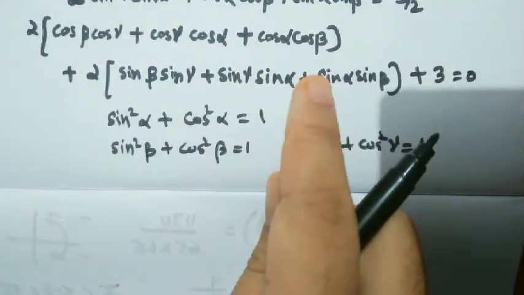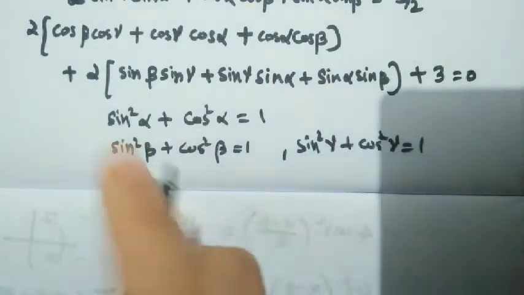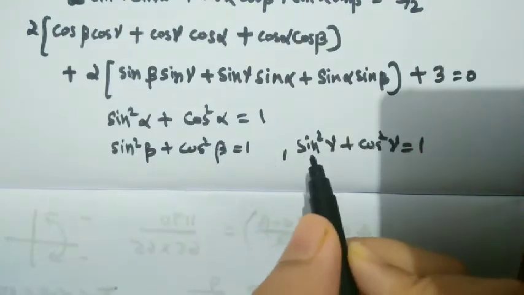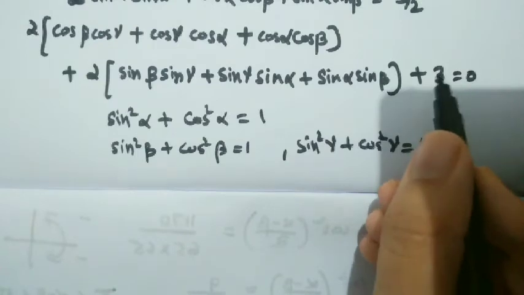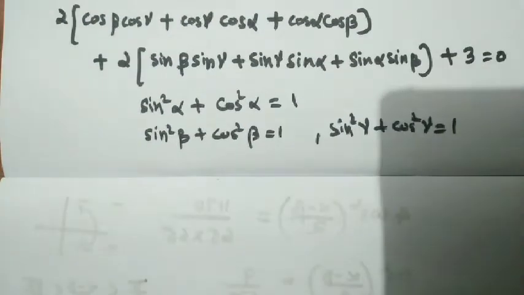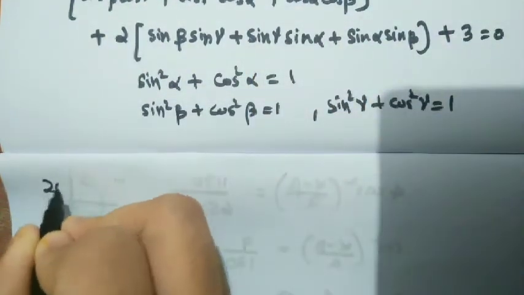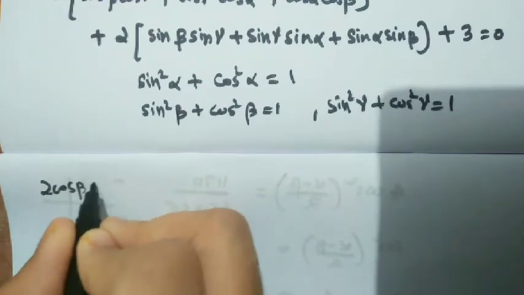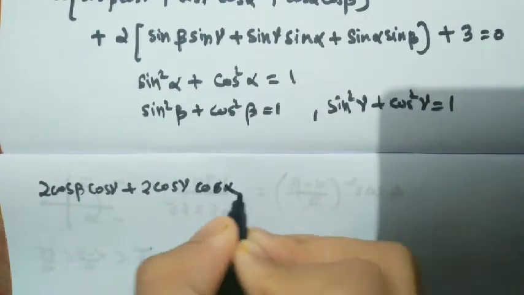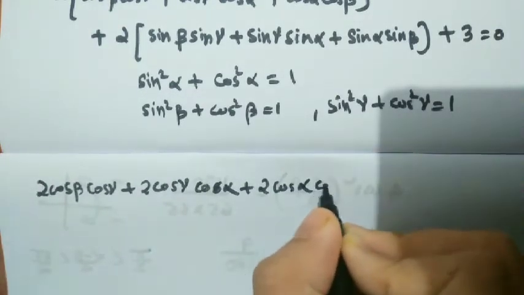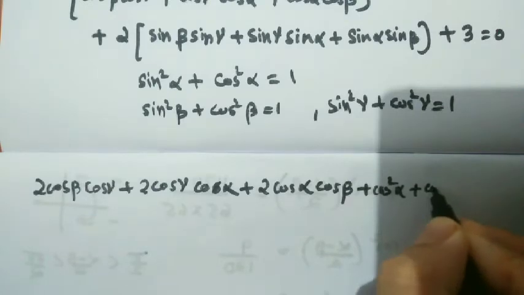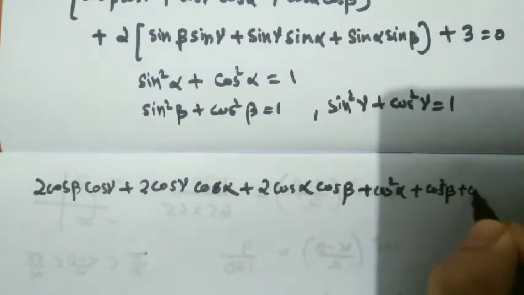So in order to get that, instead of this 3, I will just add sin² alpha plus cos² alpha plus sin² beta plus cos² beta and sin² gamma plus cos² gamma here, because these 3 represent one this and one this. So my expression will become 2 cos beta cos gamma plus 2 cos gamma cos alpha plus 2 cos alpha cos beta plus my cos² terms, that is cos² alpha plus cos² beta plus cos² gamma